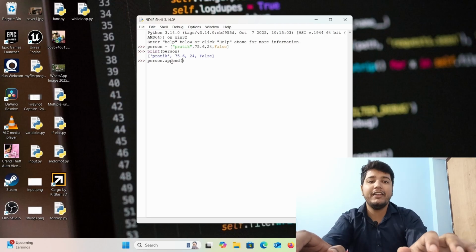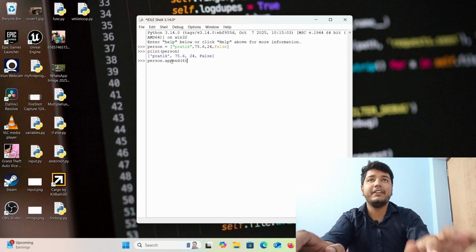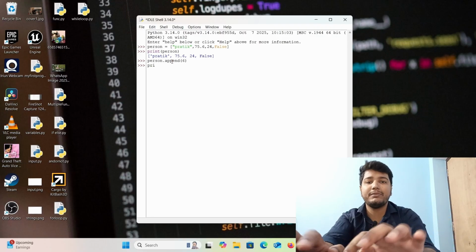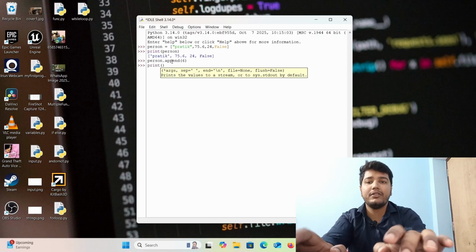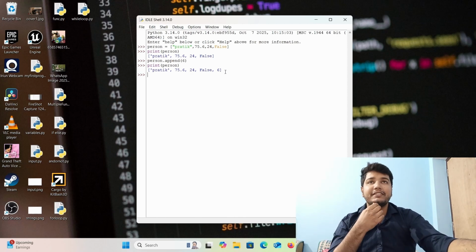Let's say we want to append the height, which will be 6 feet. Now let's enter and now let's print the list out. Person. So we have successfully added 6 inside the list, okay? But you can see that it is adding it at the last of the list, okay?